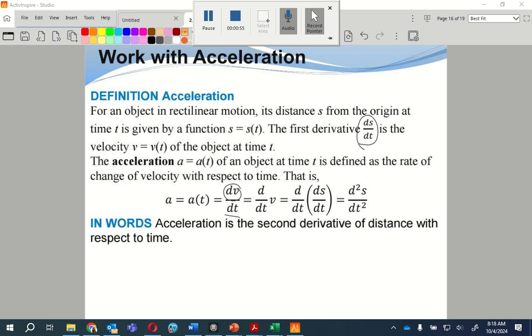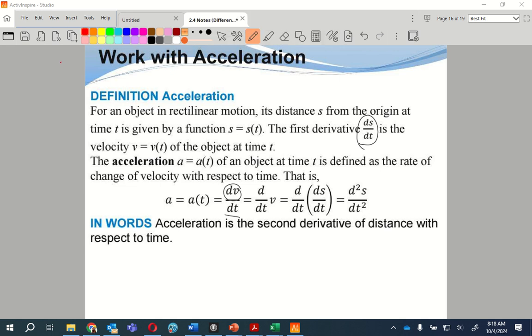So acceleration, a of t, is the same as the derivative of the velocity in terms of time. Here's the same thing, it says the same thing. And over here, it's the derivative of the position and the derivative of that. So that's another way of saying it, the second derivative, d2. So it's the second derivative of s, the derivative